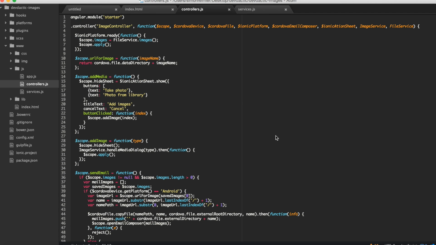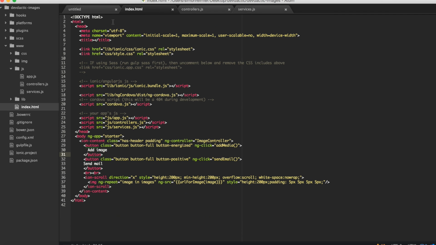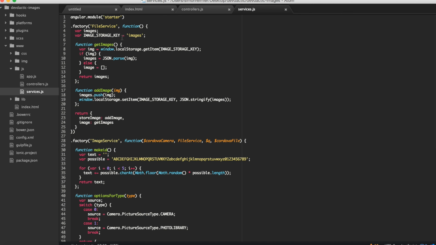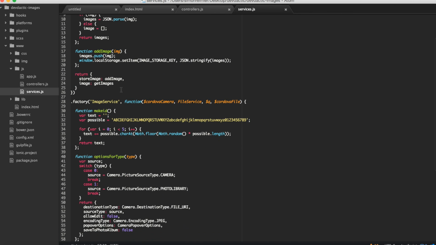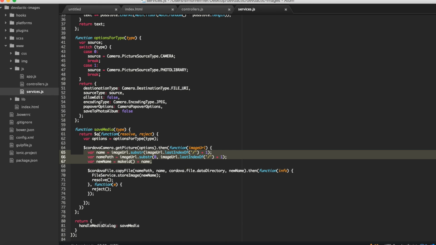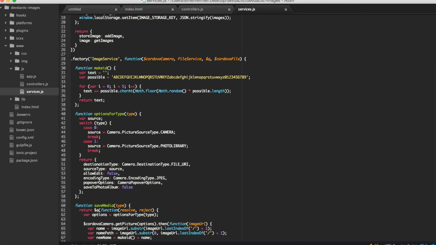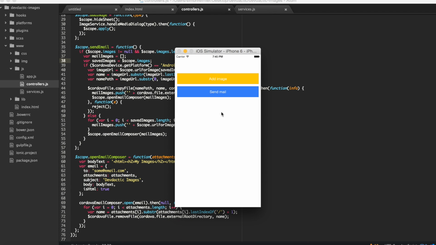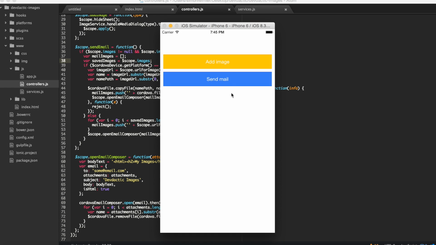So we have done a lot. We have created a simple view with 2 buttons and an array and a horizontal scrolling. We have this beautiful file service which stores and retrieves our images, and we have this huge image service which handled just everything we need to be handled, and finally the controller. So I'm a bit sad I cannot show you the email functionality, but